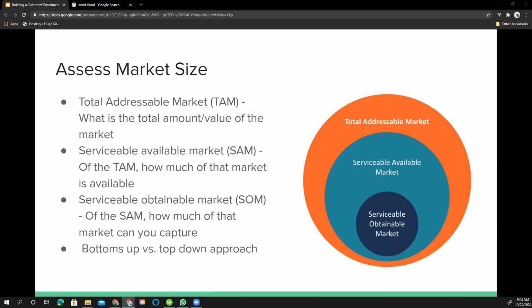I'll take the sound bars that you can hook up to your TV, the nice looking speaker that you add to your TV. We'll do a bottoms up approach for the SOM of a speaker bar. So let's say your sound bar is like a Sonos. I'm going to use US dollars, my apologies, I don't know the currency exchange. A Sonos is around $200, right? $200. So, okay. Of that, how many people have the disposable